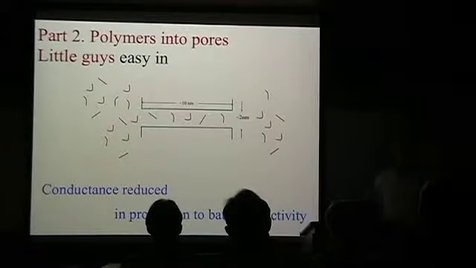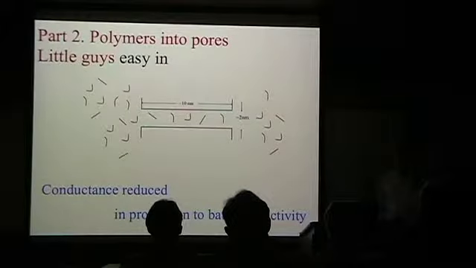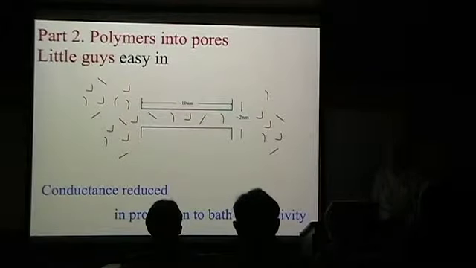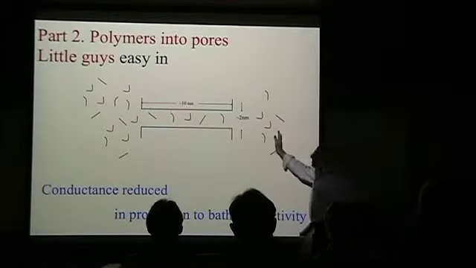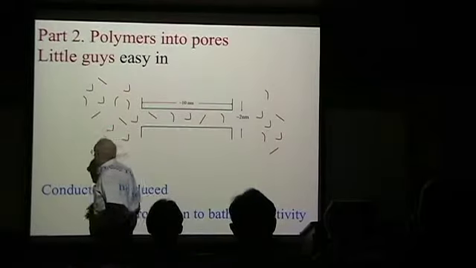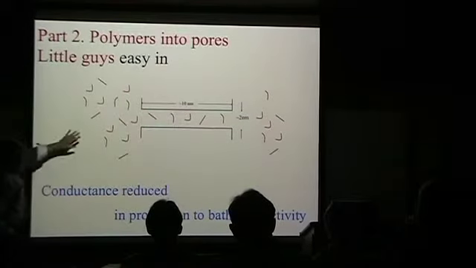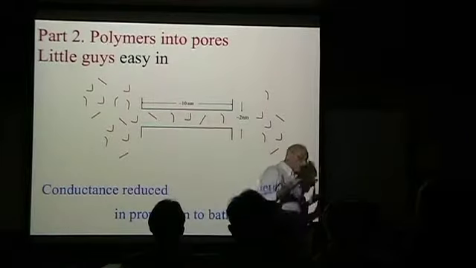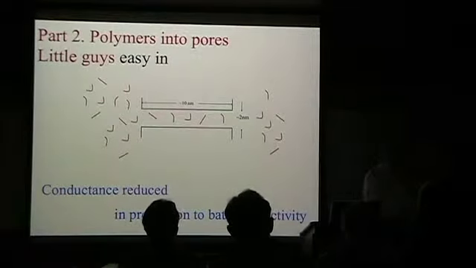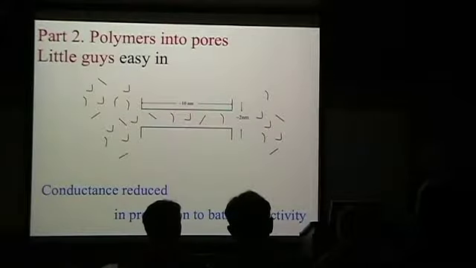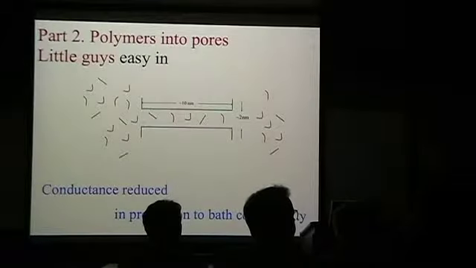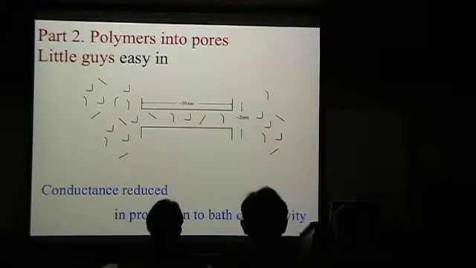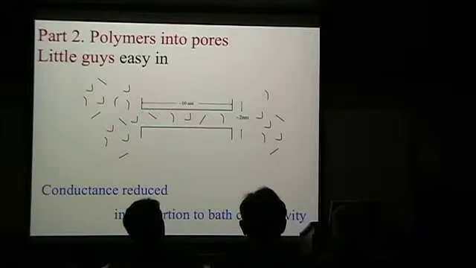The second thing I'm going to be talking about is membrane transport. That's part 2 of the talk, and I'll get to that in about 20 minutes. And here, what we're doing is measuring electrical current through channels, conductances of the channels where we have put molecules in the solution. And there'll be two kinds of molecules, those that go in and those that don't go in. Except that when your concentration gets bigger and bigger, the big ones will get pushed in. And there's a characteristic length that they have to satisfy to get pushed in.